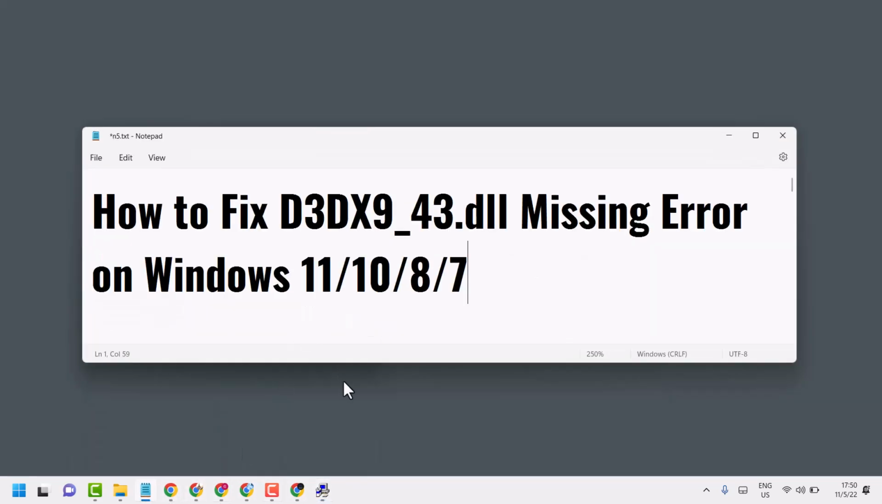So this is the way guys you can fix and resolve D3DX9 43.dll missing problem. Just in 3 steps, visit that website, download file and copy and paste in System32 folder